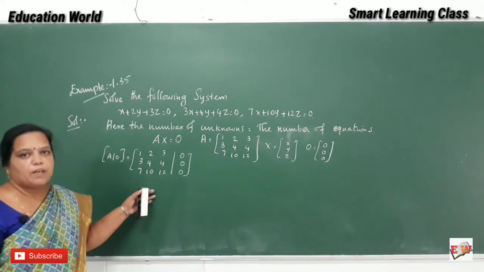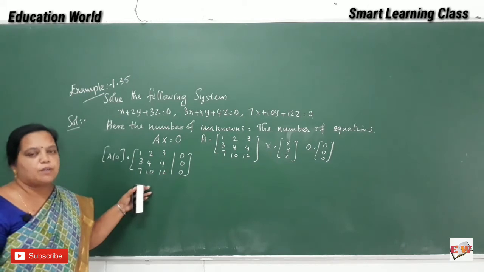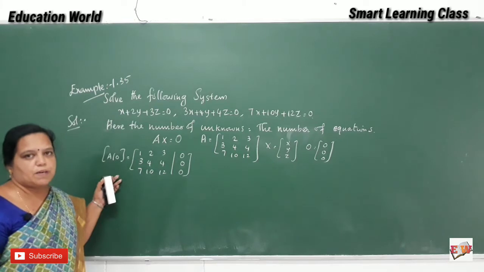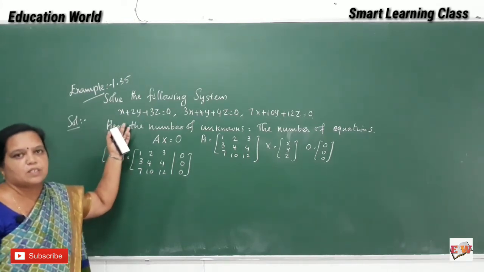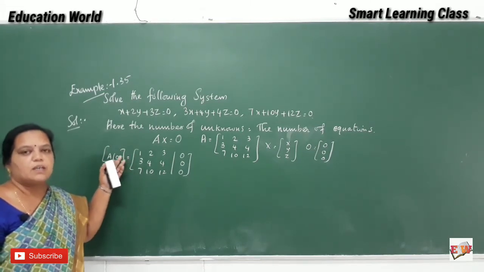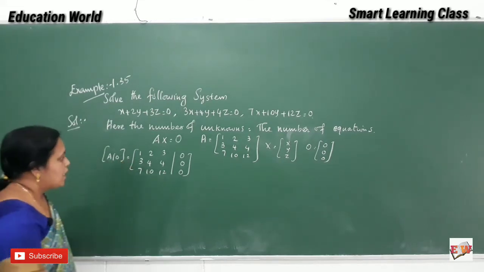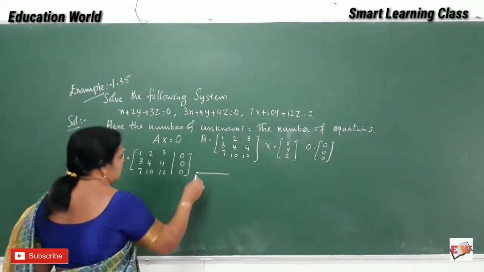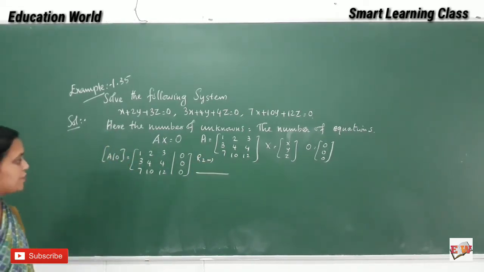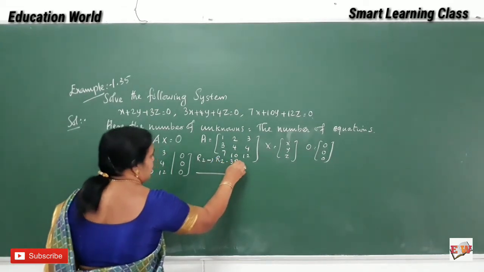Suppose if you are applying elementary row operations on this augmented matrix, it can be transformed into row echelon form. From that row echelon form, we can find the rank of this augmented matrix. We have to find the solution for this. First, we have to find whether it is consistent or inconsistent, isn't it? Consistent means we have to give a trivial or non-trivial solution. For that, I am going to transform this R2 into R2 minus 3R1,